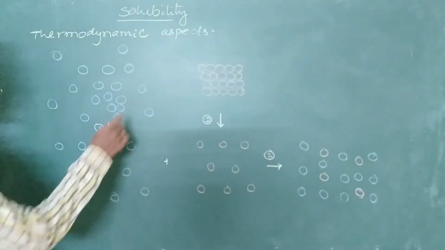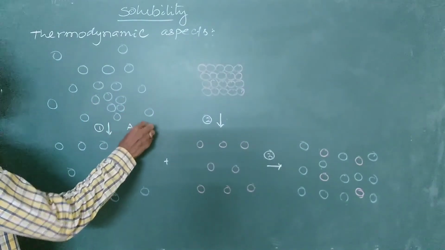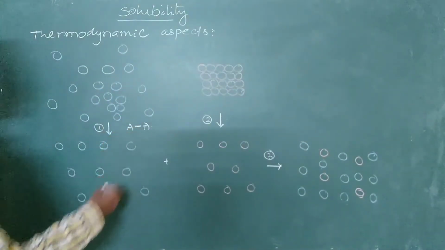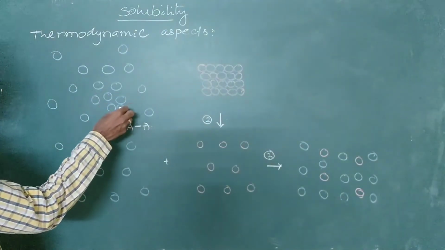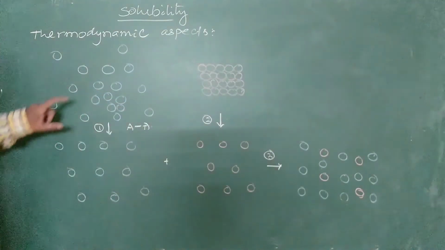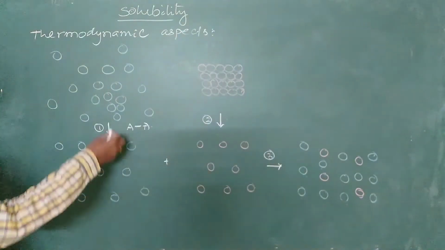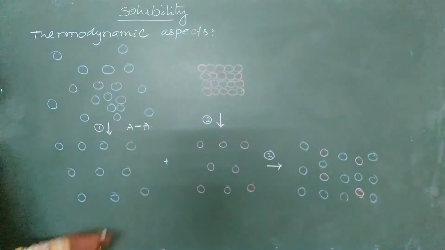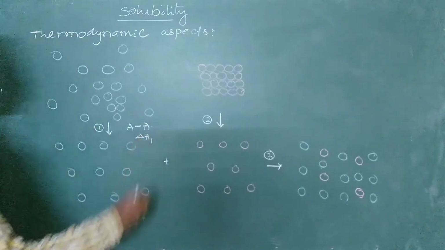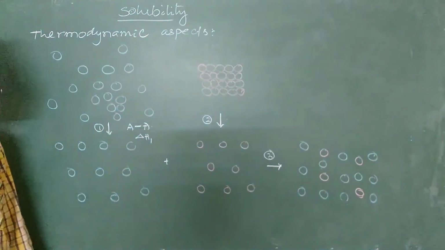This is a solvent, let us say it is A. There are attractive forces between solvent molecules. Now, to break the attractive forces, energy is required. So there are solvent molecules like this, with an irregular arrangement and weak attractive forces here. For breaking these attractive forces, some energy is required, so that is delta H1. This is the enthalpy change involved in breaking the attractive forces between solvent molecules.